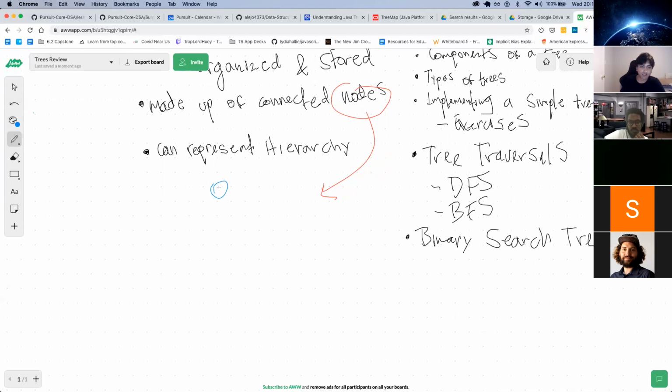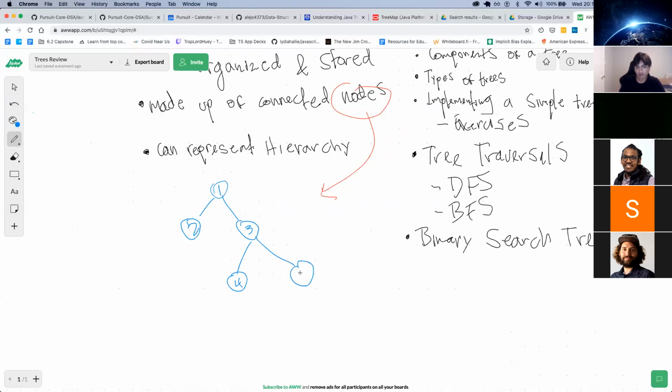So let's say we have this tree. We have like 1, 2, 3, 4, 5, let's say. We said that these are all our nodes. Savita, you said that the root node is the one at the top. The ones at the bottom, or the ones that do not have children, are the leaves. That's sort of the key for you to know that they're the leaves, because they do not have any children, and so on.